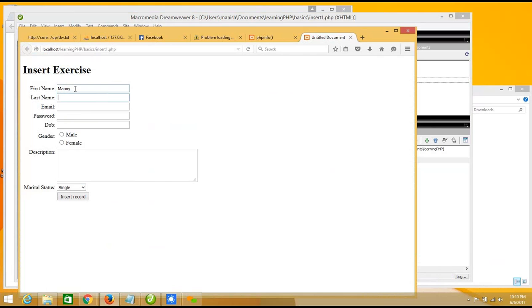For example, my name, my email is this one, my password is this one, and my date of birth is, right now I'm putting in a format which I know is the right format. Later on we will ask the user to choose the format using jQuery. There is a jQuery date time function we can use, but right now we will just hard code it to this value, whatever it is. If I click insert record,